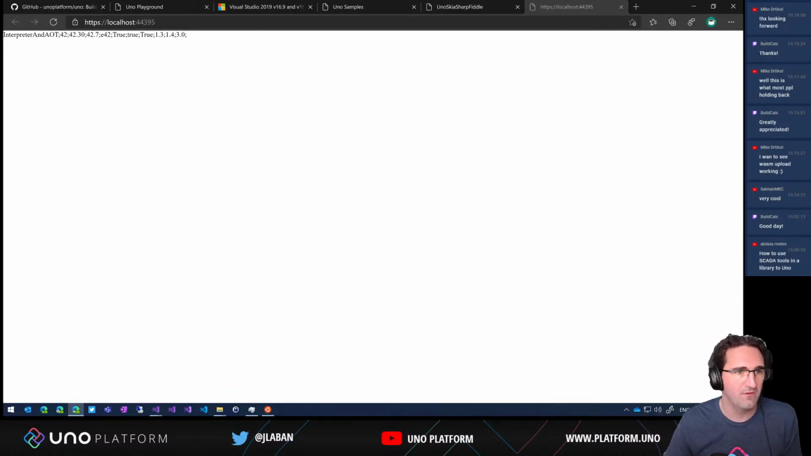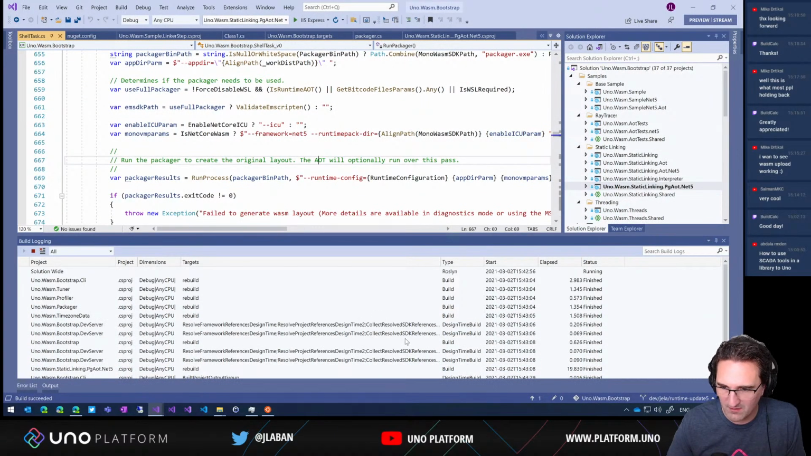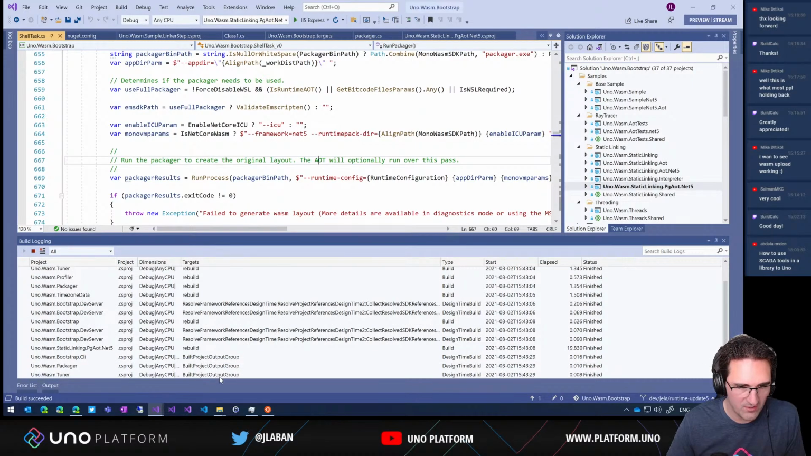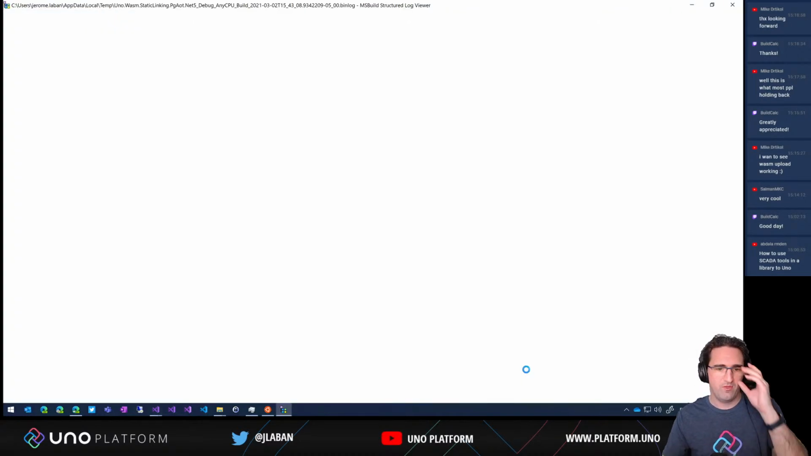Okay, so we got a few things here. So it's test strings that we're using during the CI to determine if the runtime is doing what it's supposed to be doing. But let's see. So we got the wasm tuner that worked. We got PJOT rebuild that worked. So 19 seconds. So let's open that in the